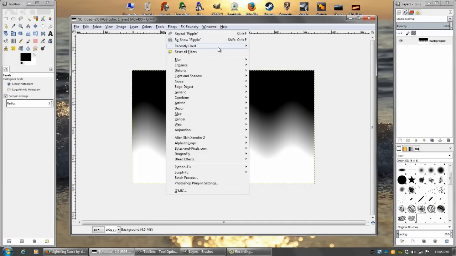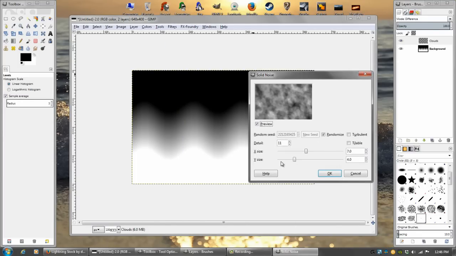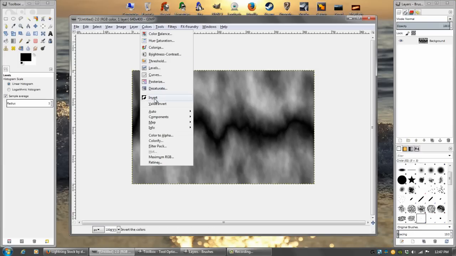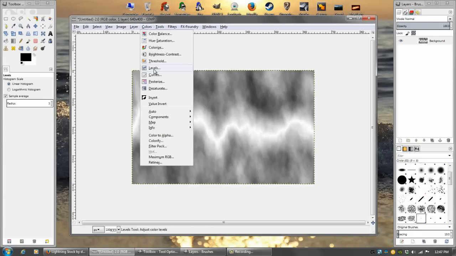Now if we go back into our filters and choose difference clouds, and I'm just going to change the Y size of mine to make it look a little better, and hit OK. Now you can see that we have a little bit more of a wave to our lightning effect. Okay, so now we can go to our colors and invert it, bring up our levels,